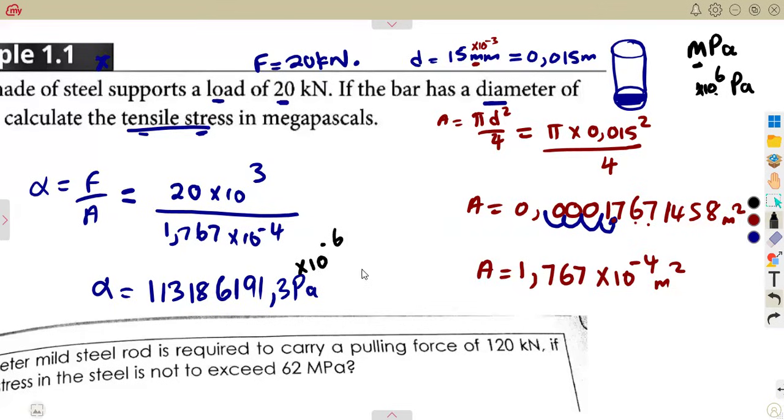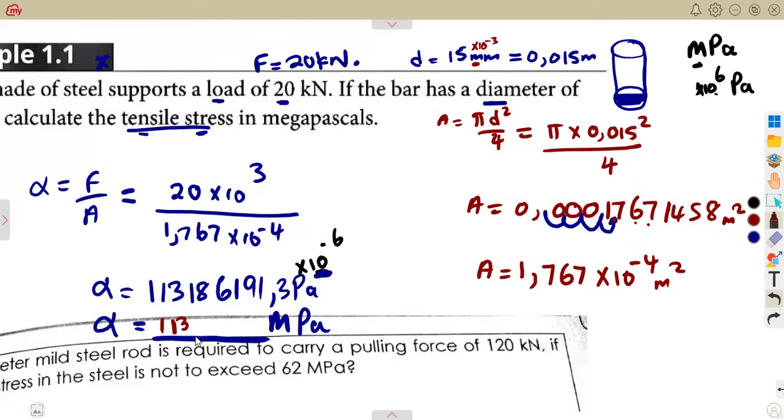This is to convert to the megapascal. You are converting to the megapascal, meaning whatever you obtain, once you multiply by 10 to the exponent of minus 6, whatever you get will be in megapascal. So what is it that we are going to have? That part is going to be in megapascal. We are going to obtain